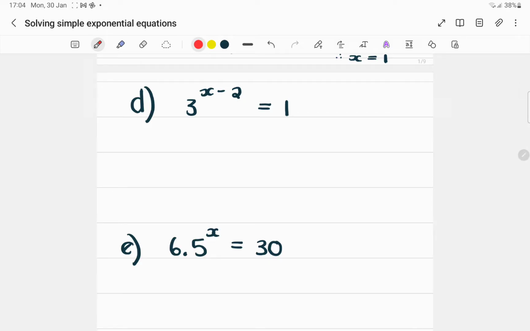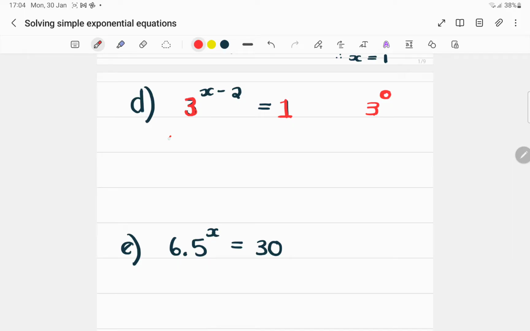Please remember that the number 1 can always be written as a base of another number. So we can always write 1 as 3 to the power of 0, because anything to the power 0 is 1, except for 0 to the power 0. So we make it the same base as the other one. So always remember this little sneaky 1. That can always be changed into the same base as the other one, as long as I put it to